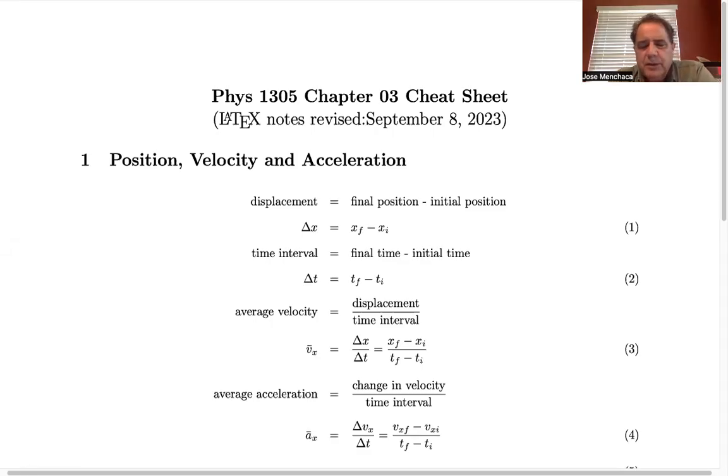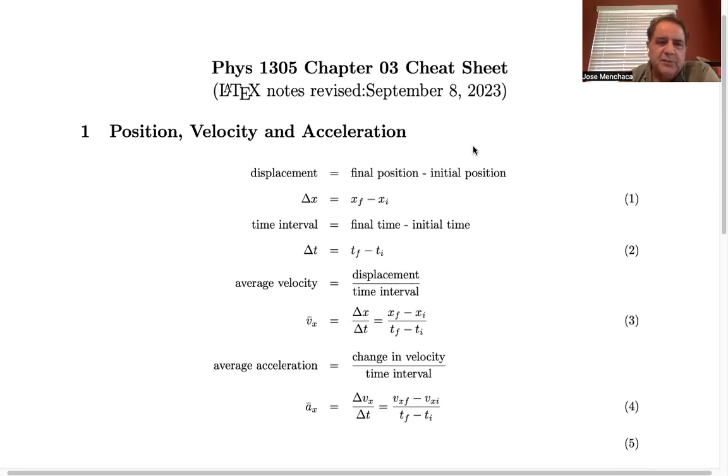Okay, we are going to discuss some homework examples for Chapter 3 of Conceptual Physics. But I'm going to start off with a little cheat sheet. I'm going to present these to you so that you can have them as we do the homework and the quiz. So let's get started